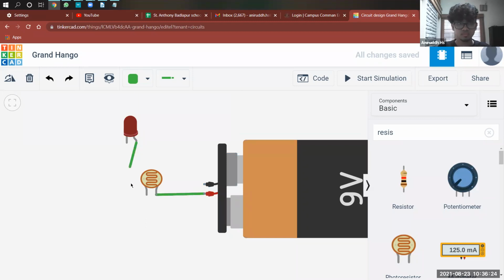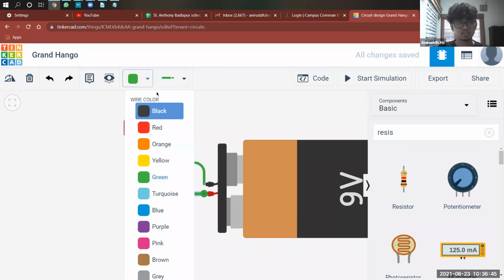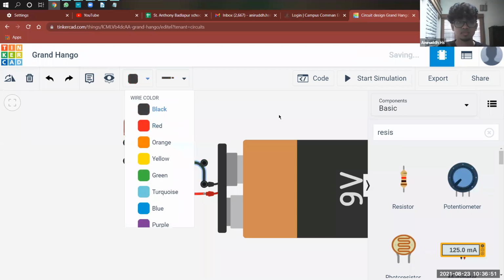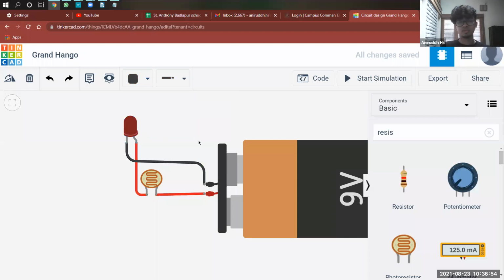So the negative side I added to the negative side, but on the positive side, instead of directly going to the LED, I've come to the LDR. Through the LDR it'll go and it'll come out of the LED. I've done it like that. So I'll change the colors. Okay, I'll make this black. So anyways, we'll keep it like this.